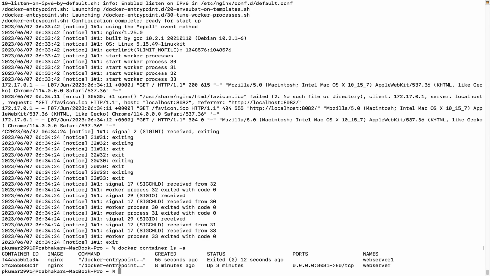But the first container which we created and started with 2 steps is still up and running, because by default when we use the start command, it runs the container in the background. If you want to run your container in the background while running it, you can mention -d,